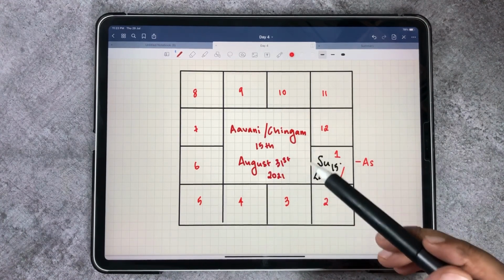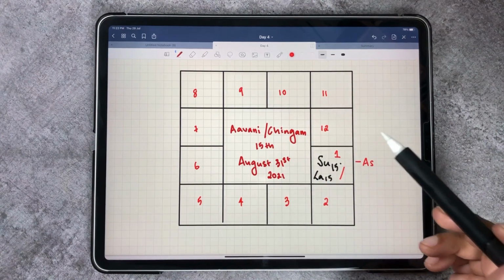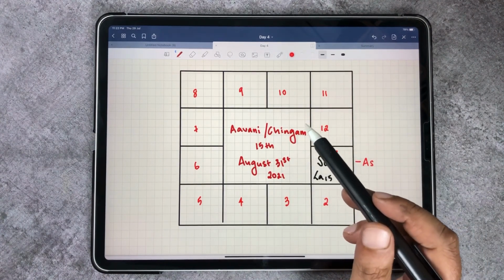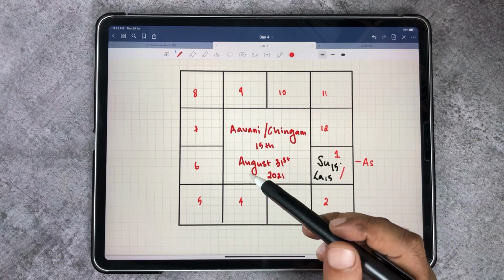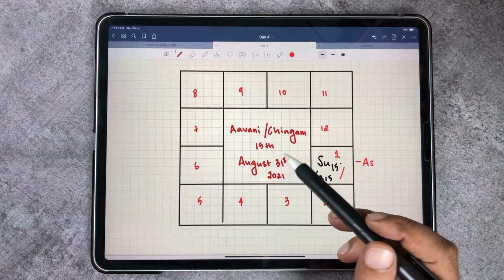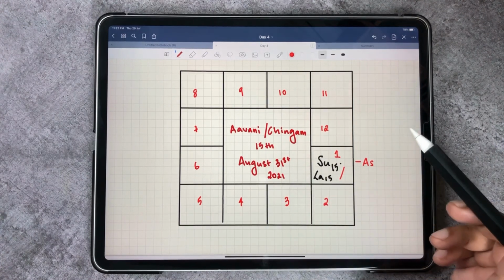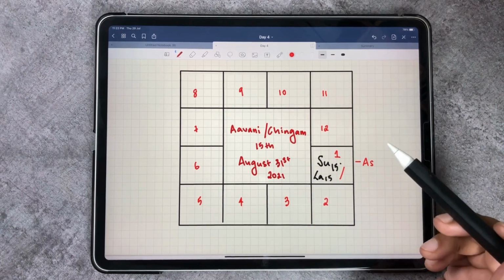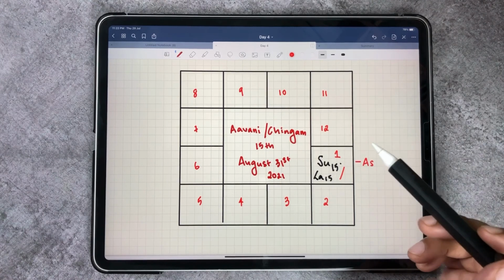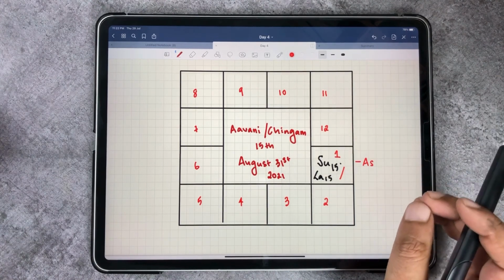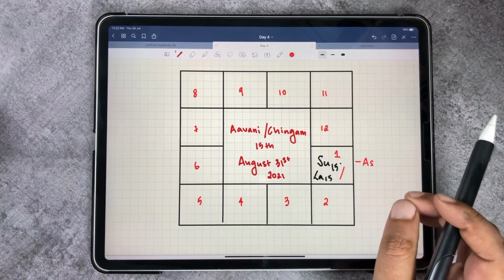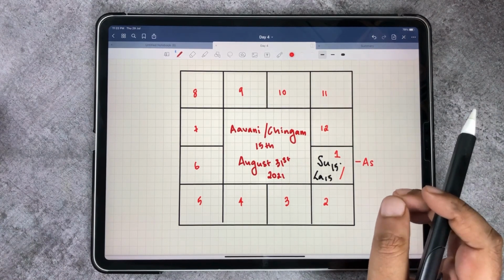So for the next session, post I sent you all the assignment for this week. What we are going to do is, first I will place the grahas for perhaps the same date and give you a generic, rough prediction based on that. Then post that, we will get into the remaining portion of the math or the Ganita to get into the accurate figures for prediction. So with this, we have come to the end of day 4 of the beginner's course in astrology.